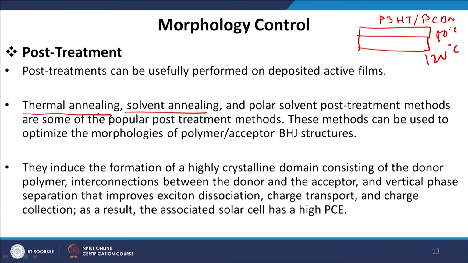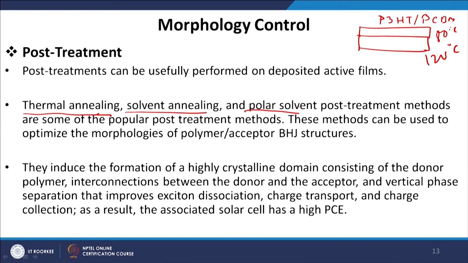Now, this annealing is done by the presence of heat, that is why it is called thermal annealing. Similarly, you can anneal the film in the presence of solvent vapor, that is called solvent annealing. For example, let us say I have made a P3HT film using dichlorobenzene as a solvent. To enhance the morphology, we can take chloroform and saturate it beyond its vapor pressure, and then expose the film to the saturated vapor of this solvent. This will plasticize or passivate the trap states and enhance the morphology of the film. And also you can use polar solvent as a post treatment method.